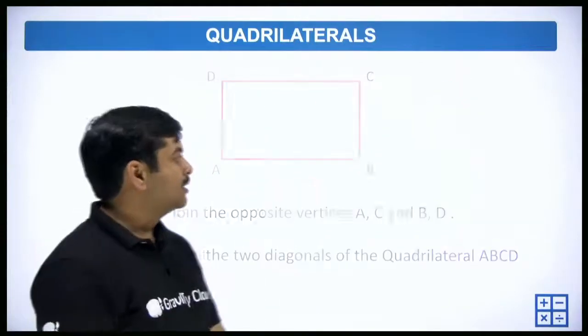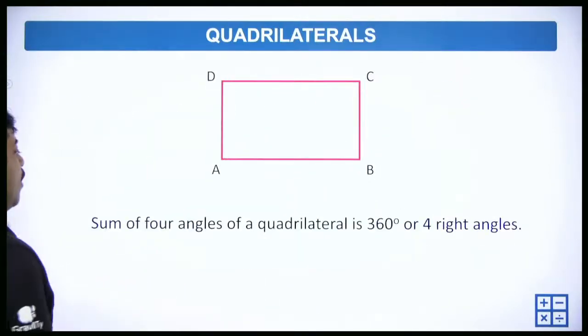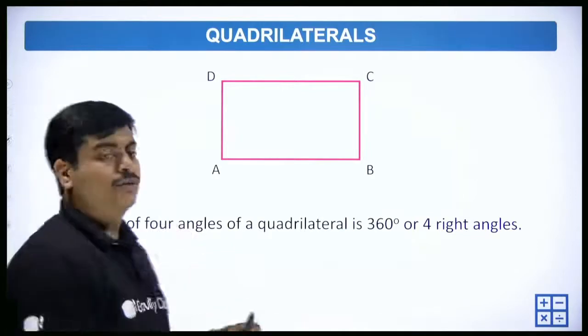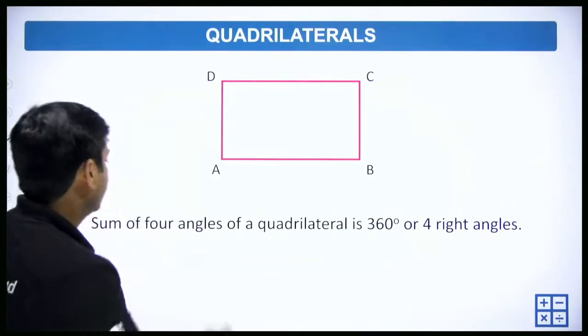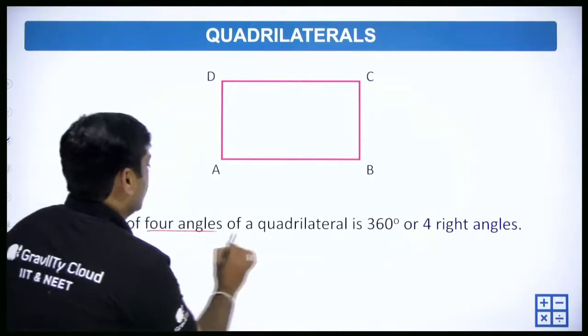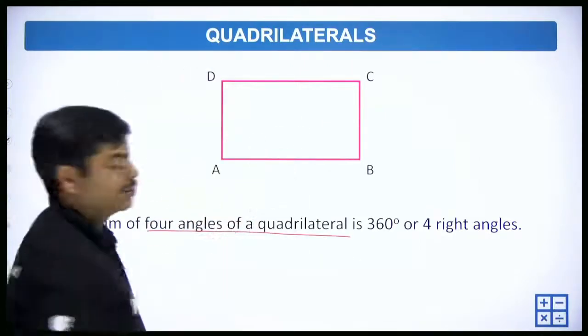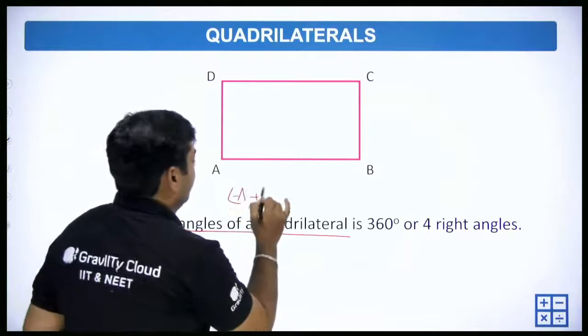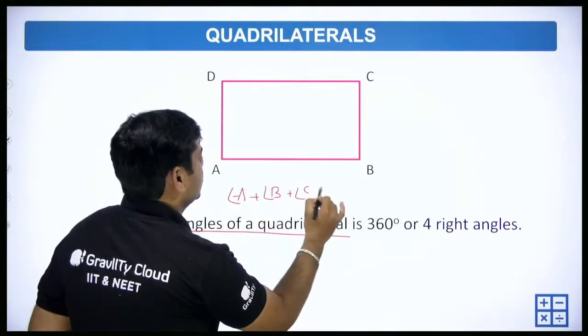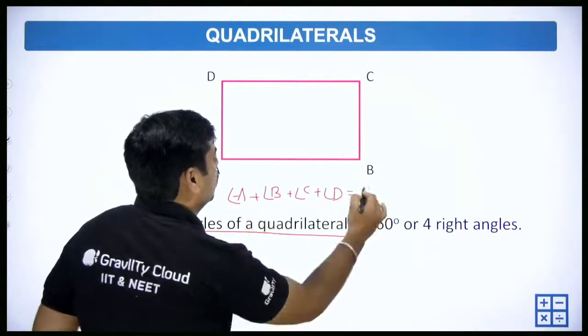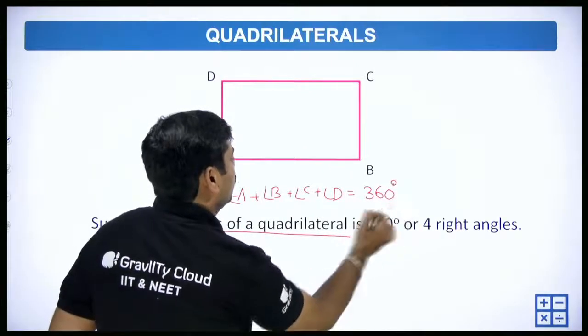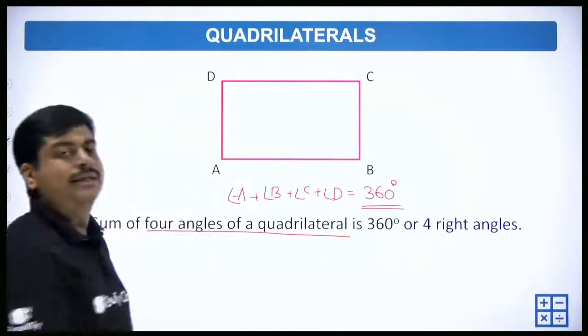Let's understand more about this one. The sum of the 4 angles of a quadrilateral is 360 degrees, or 4 right angles. This is always correct. So what are the 4 angles here? Angle A plus angle B plus angle C plus angle D. The sum of all these angles is 360 degrees, or